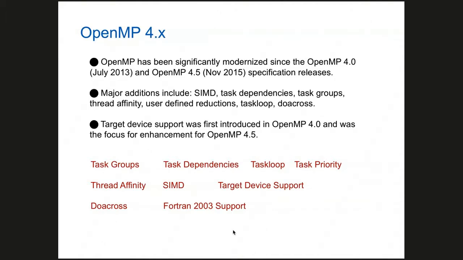And then the big thing in OpenMP 4 and OpenMP 4.5 is they added the target device construct. That is actually support for the accelerators. So the target device construct was first introduced in 4.0 and then was enhanced in OpenMP 4.5. So if we list some of the features here, certainly just pick up some main things. If we put them together,